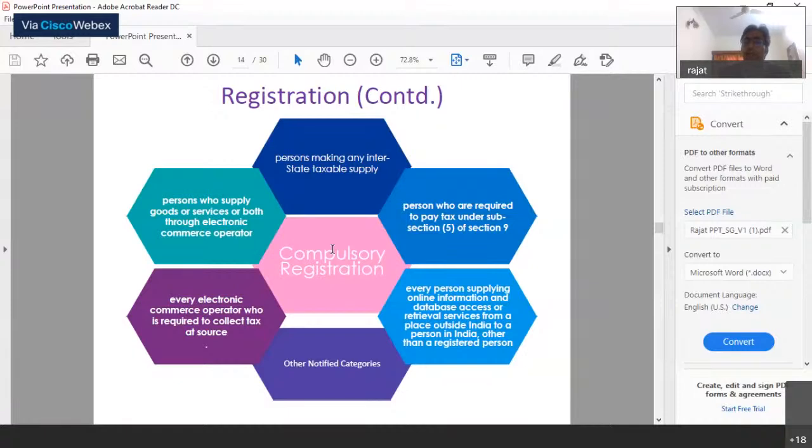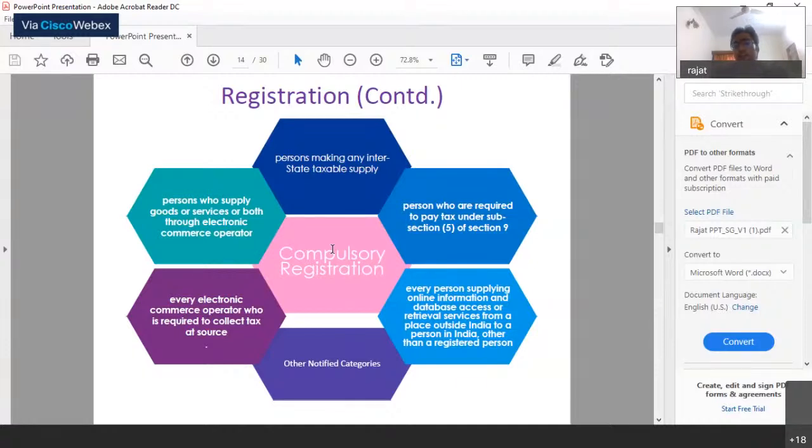A typical supplier on an e-commerce platform not only supplies within the state, but is also supplying to states outside. And GST law contains a provision which says that a person who's making interstate supplies is required to make compulsory registration. Now, why this particular provision was inserted of making people who are making interstate supplies compulsorily register